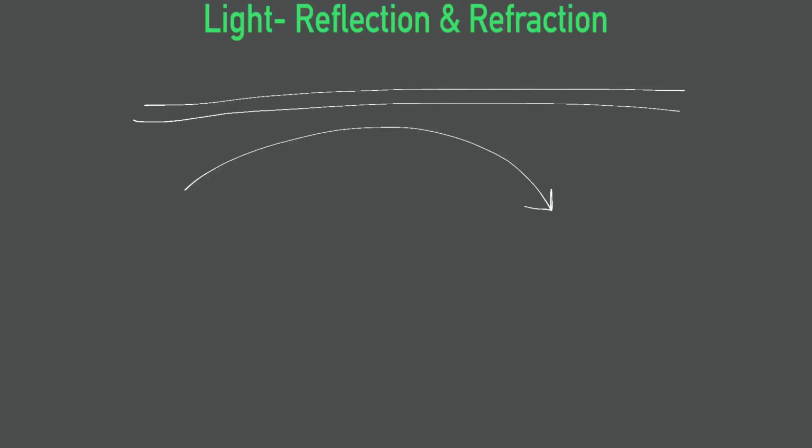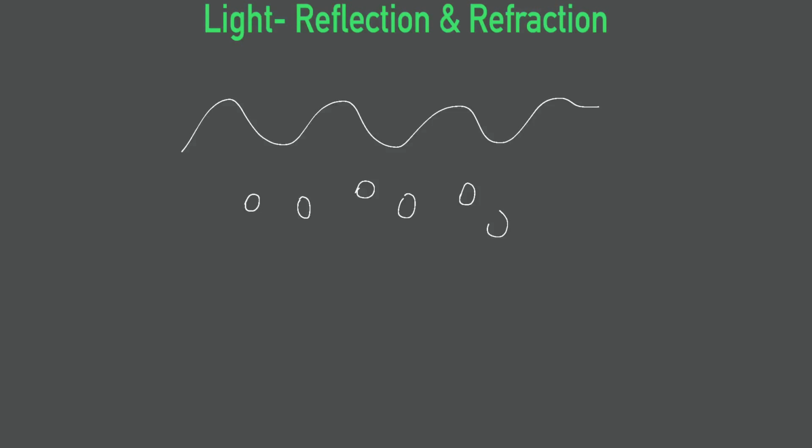The most basic property of light is that it travels along a straight line. It never takes a curve. It always takes a straight line. In your higher classes, you'll study that light sometimes behaves like waves and sometimes behaves like small particles. So it has both a wave nature and a particle nature. This topic is beyond the scope of our class, so we will stick to our level.